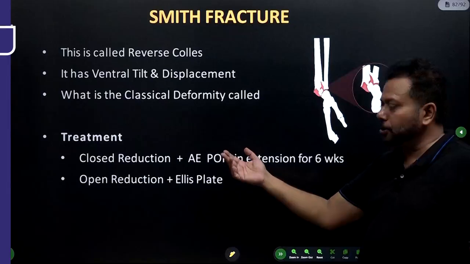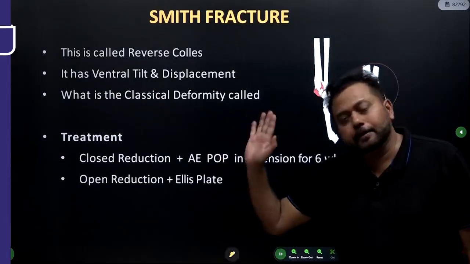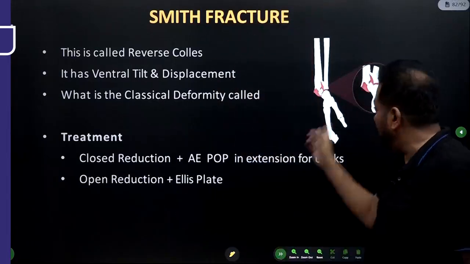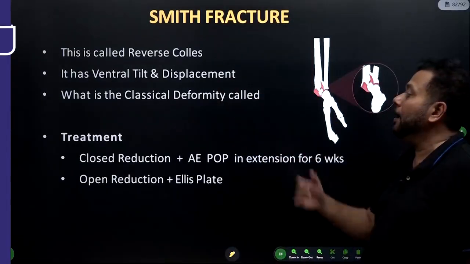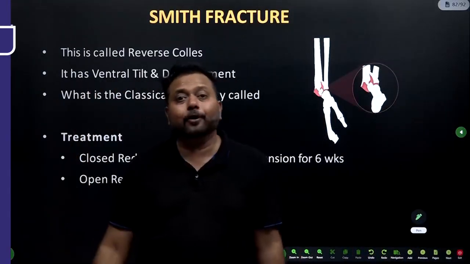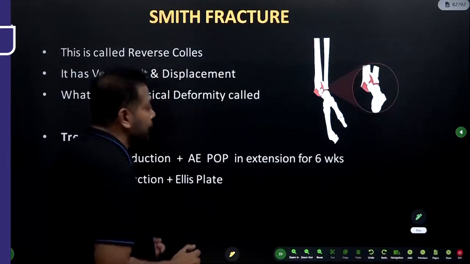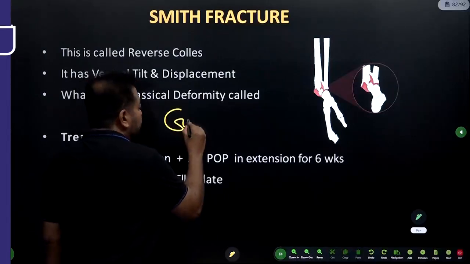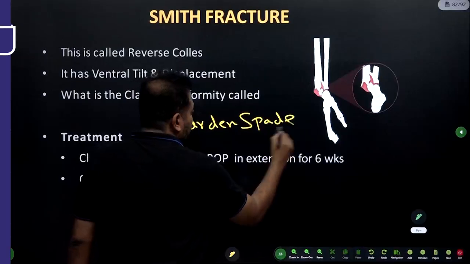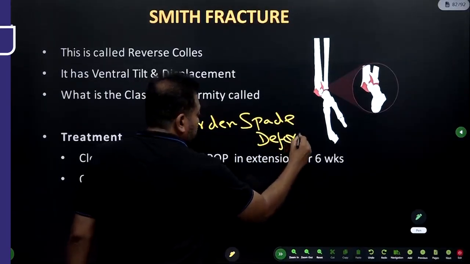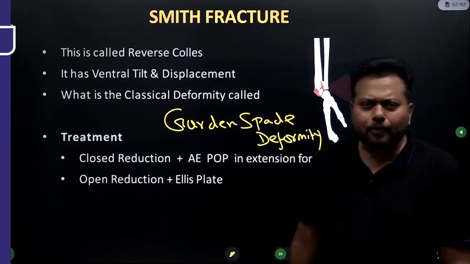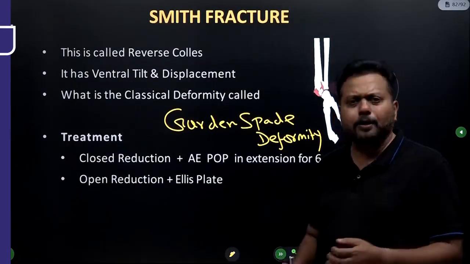Reverse Colles fracture is called Smith. Fall on outstretched hand in an extended hand is Colles fracture. This is fall on outstretched hand in a flexed hand, very rare. For Colles fracture, the deformity is called dinner fork deformity. Here the classical deformity is called garden spade deformity. Treatment: you can try closed reduction, but best management, since there is a volar chip,